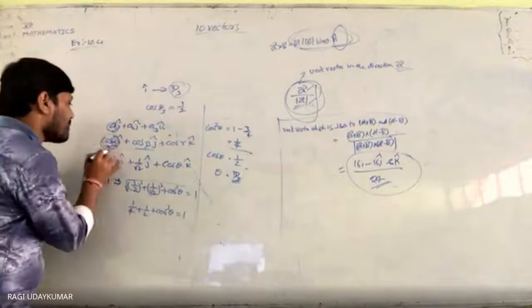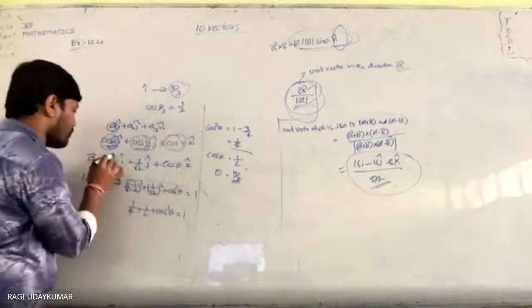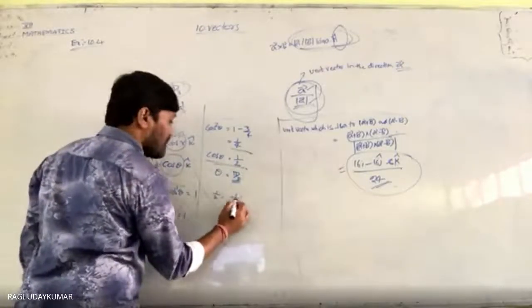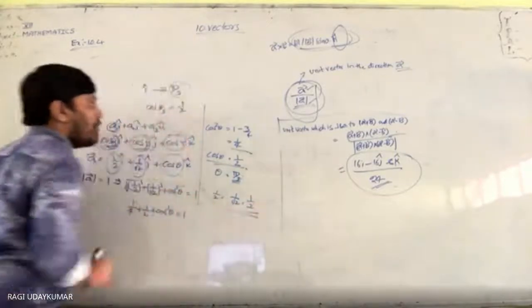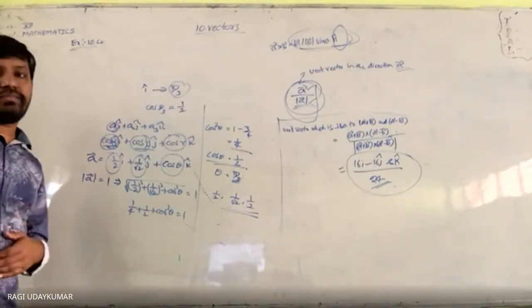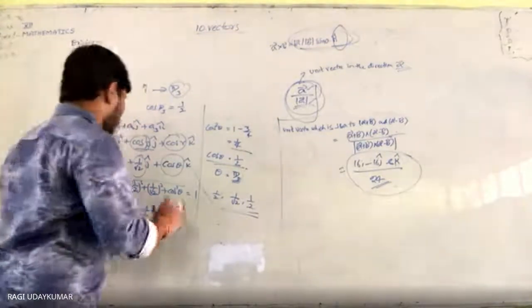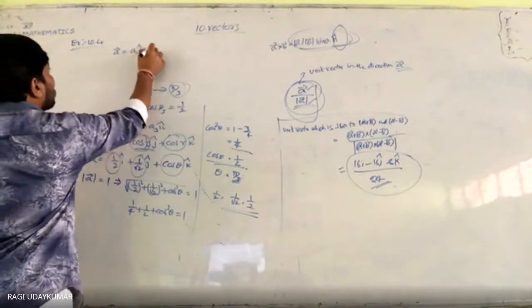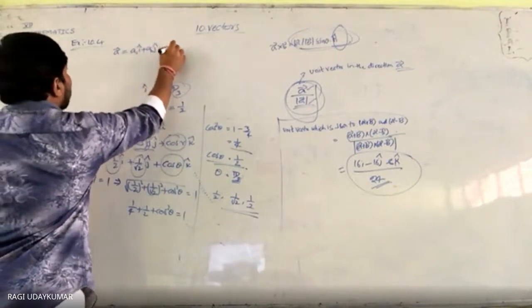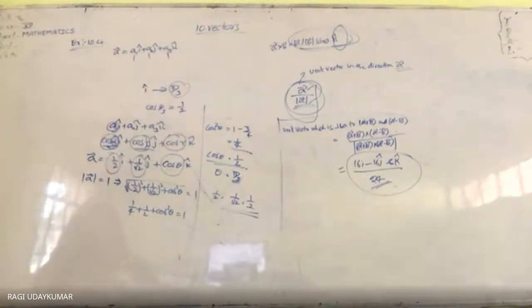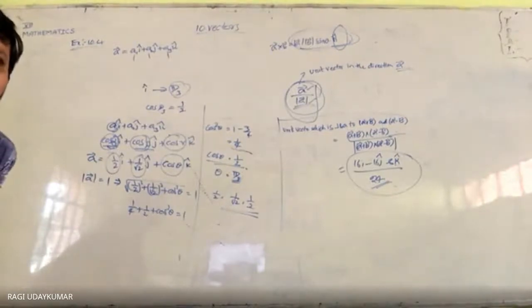What are the components of this vector? Components are nothing but cos alpha, cos beta, cos gamma. So this is 1 by 2, 1 by root 2, and cos theta, which is 1 by 2. So the components are 1 by 2, 1 by root 2, 1 by 2. If any vector is A1 I plus A2 J plus A3 K, these three are the components of the vector. You already learned this in the second exercise. So this is a simple problem. Let us move to the next one.